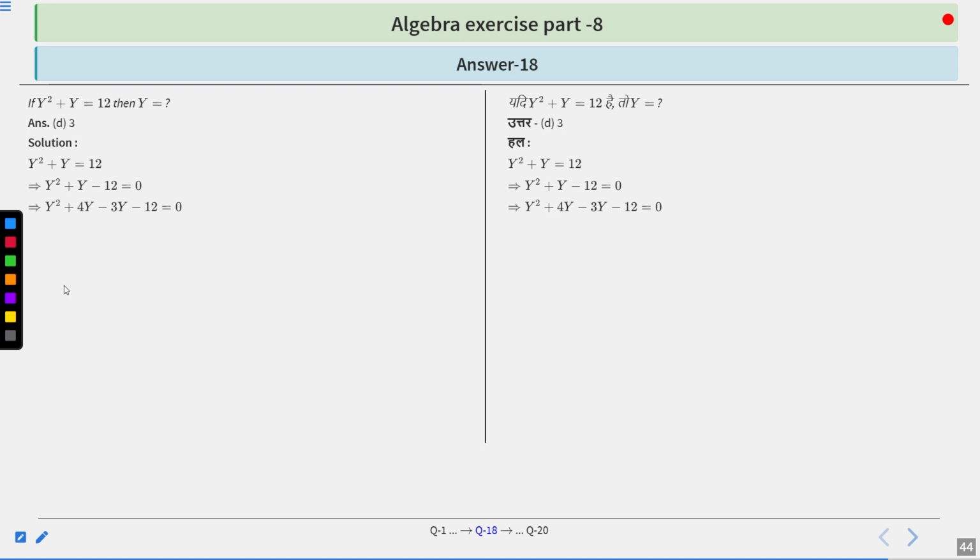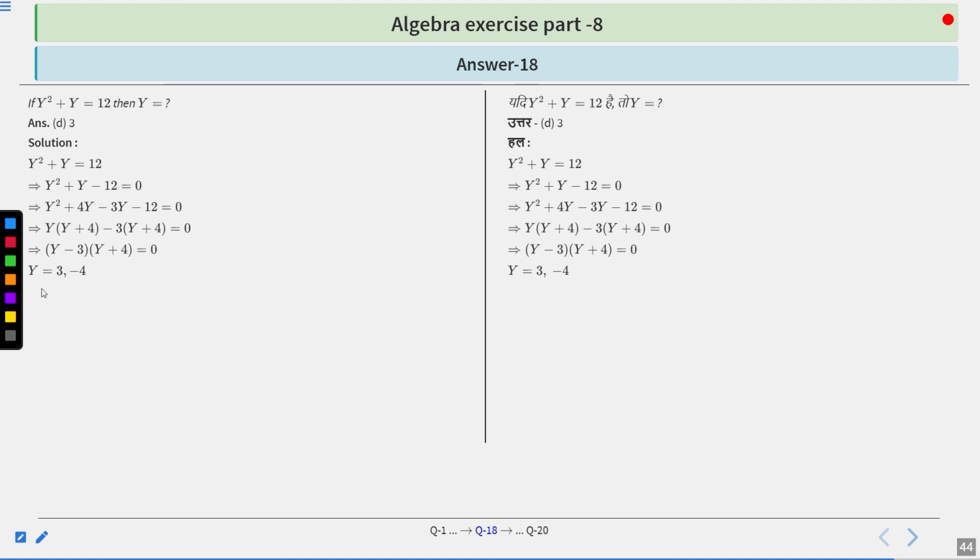Now we are going to solve this equation by doing the factors of this equation. Plus y can be written as plus 4y minus 3y, and the multiplication of plus 4 and minus 3 is minus 12. Therefore, plus 4y and minus 3y are satisfying the conditions required to solve the equation. Taking y common from the first part, we get y into y plus 4, and taking minus 3 common from the last part, we get minus 3 into y plus 4, that is equal to 0. So the factors are y minus 3 into y plus 4, that is equal to 0.